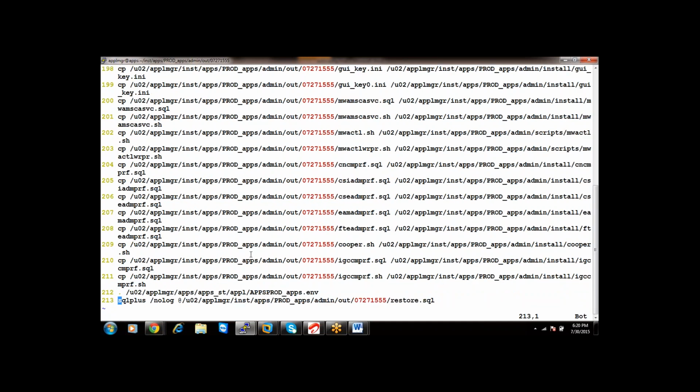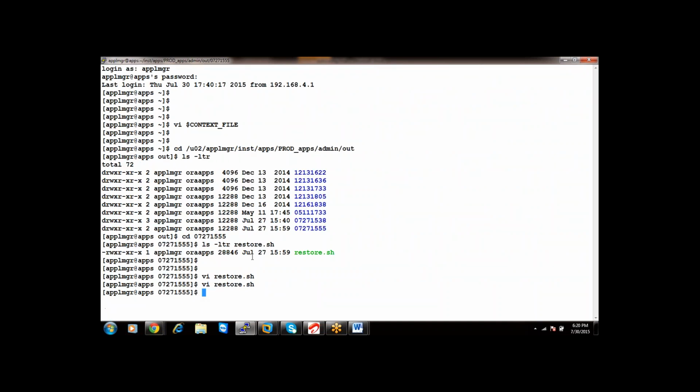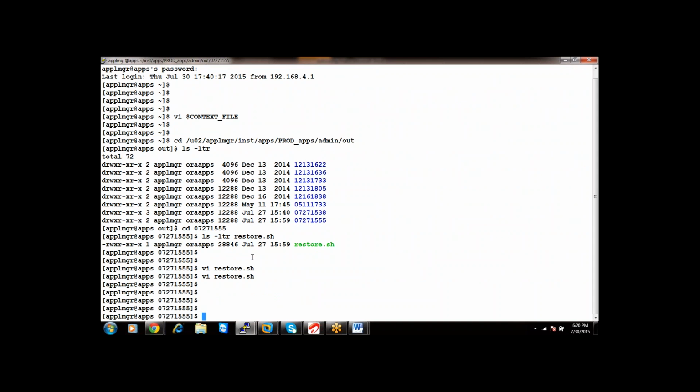So it is taking a backup of how many files? 213 files. It means in general there are 213 configuration files. But you have to be careful. Your autoconfig not only changes the configuration files, it will also change the profile options, and it will also change some database related tables.